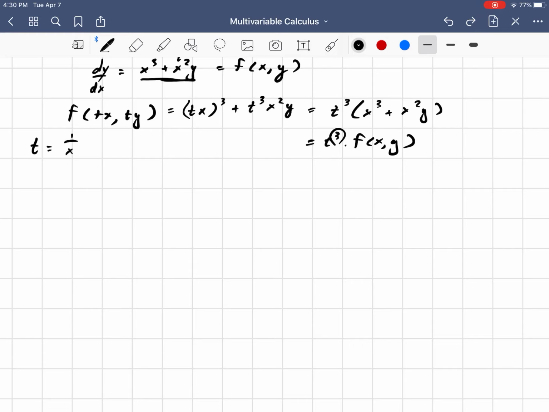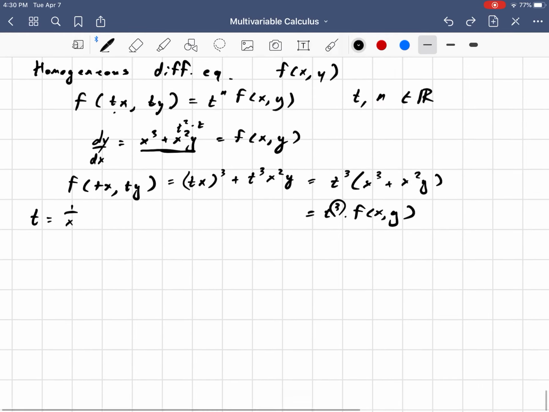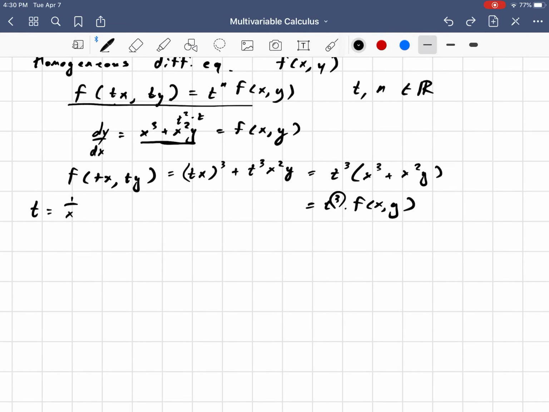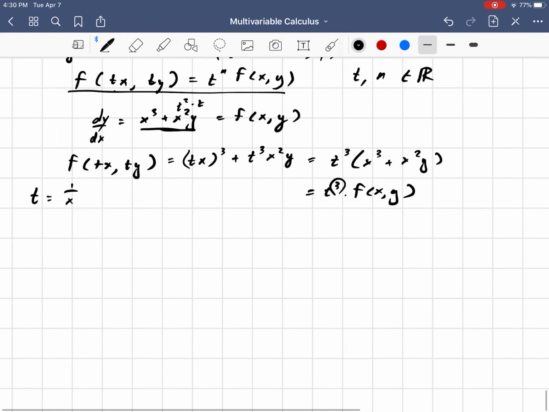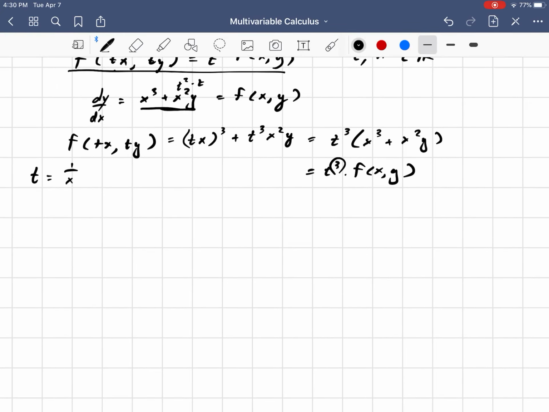And let's see what that gives us. By the definition of homogeneity, if t is 1 over x, that means 1 over x to the n times f of x y is f of, I'll just for now write it as x over x, comma y over x,